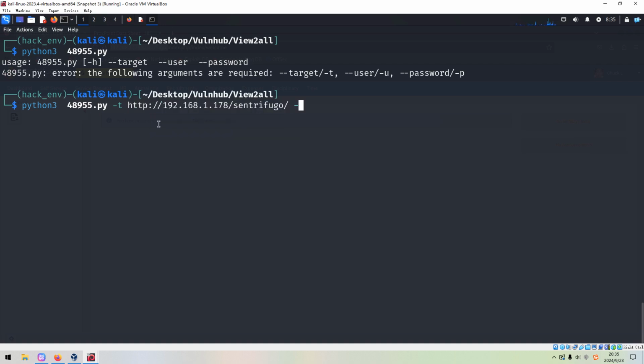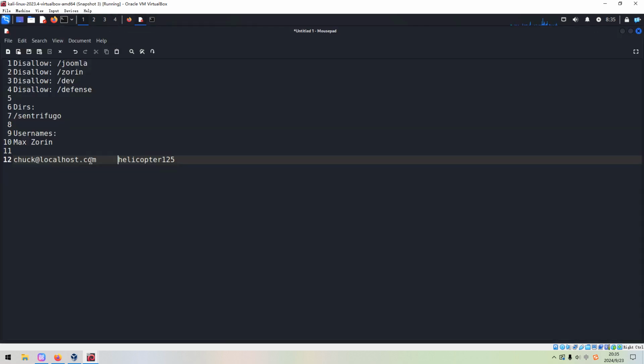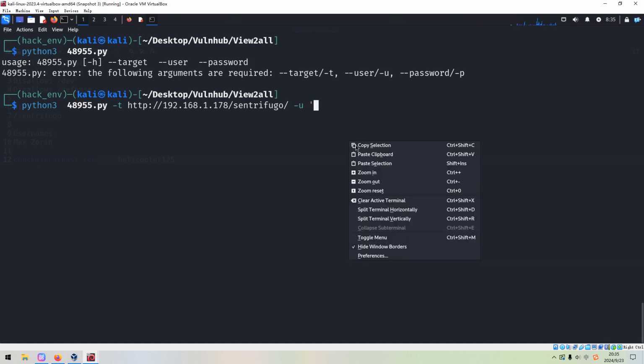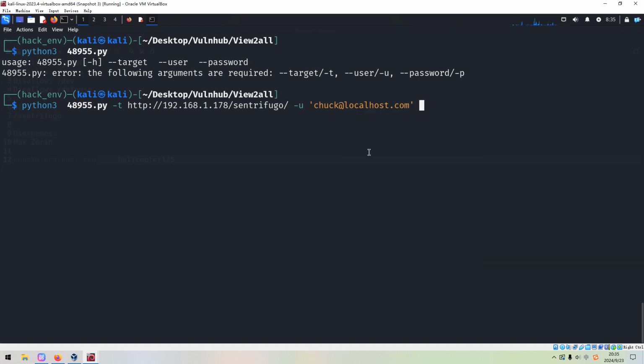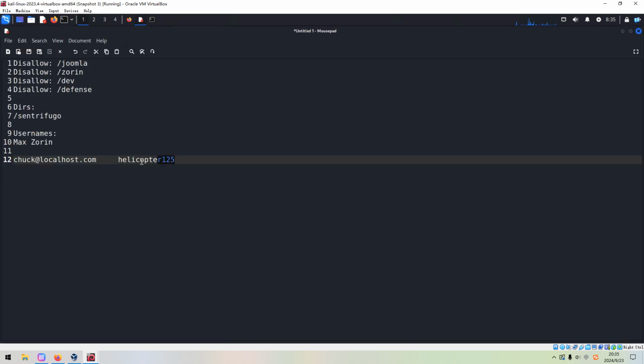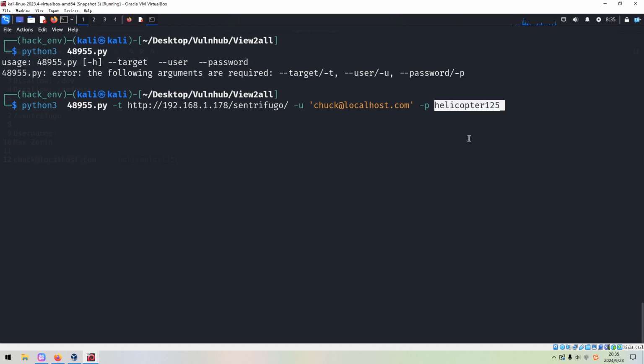And the username we can copy from my notebook, and the password we can copy from my notebook as well. Press enter. It does work. We successfully got the shell, right?